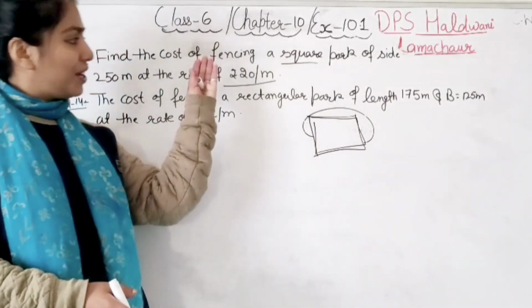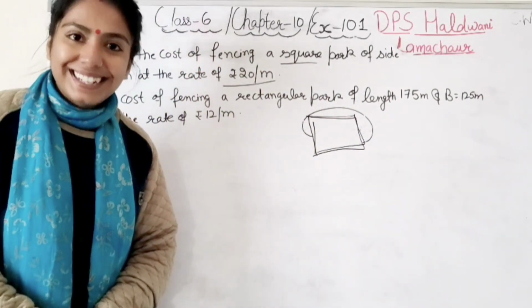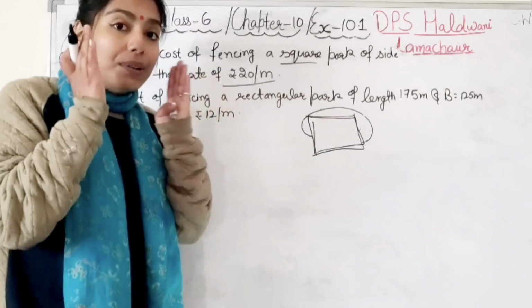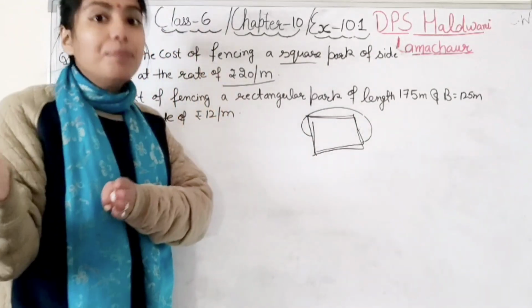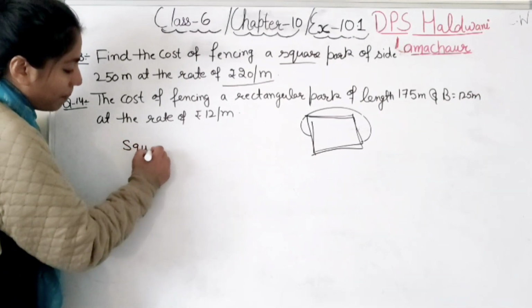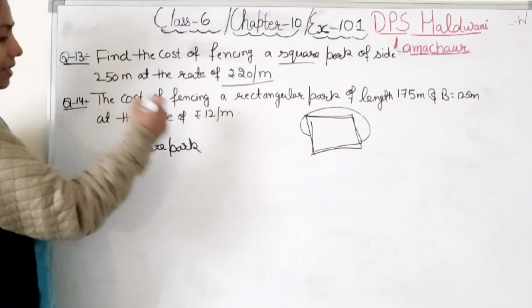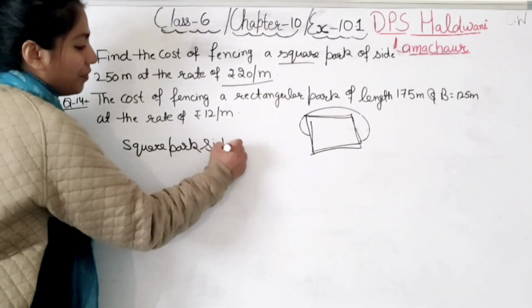So in the same manner, question is asking different mode. Word is using fencing. Right? So how to solve now? Now next thing is how to frame the answer. See, given to you a square park, side 250